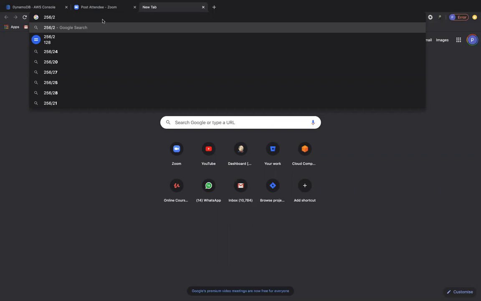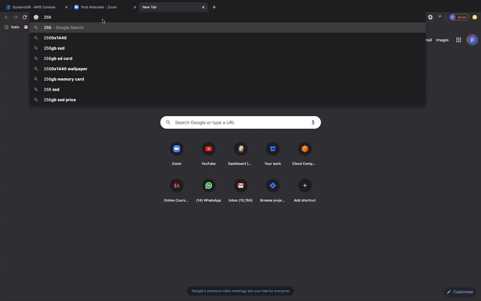So let's say we are writing 1024 kilobytes in 1 second to DynamoDB, which is equal to 1 MB. So in that second, how many read capacity units would we require? If you are going with strongly consistent, you would need at least 256 read capacity units in order to read 1024 kilobytes of data.